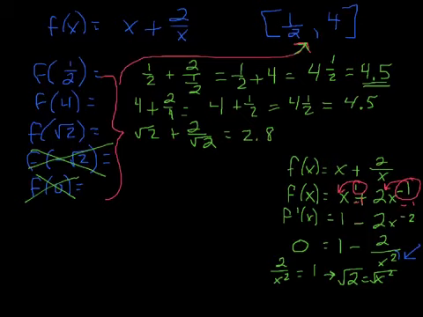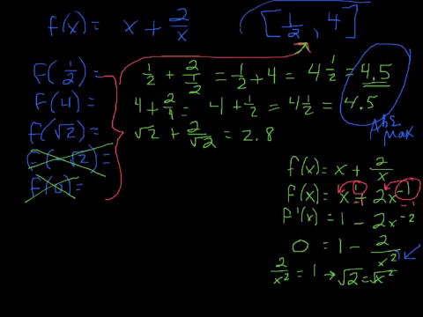Alright, so now when you're choosing maximums and minimums, we have a tie. Ladies and gentlemen, we have a tie. These two are tied, right? They're both the same. So both of those would be absolute maximums, because on this interval from 1/2 to 4, those are the two highest points. And then down here would be your absolute